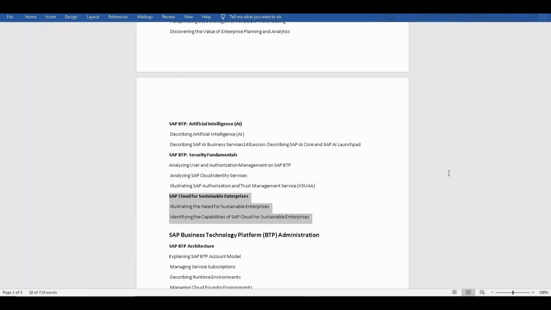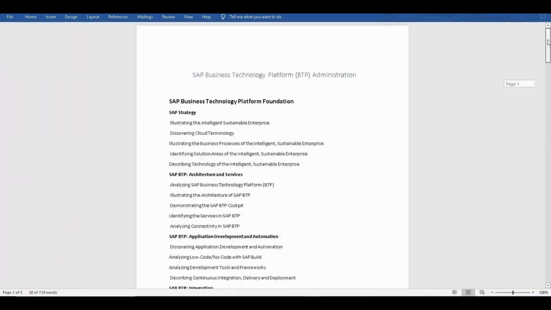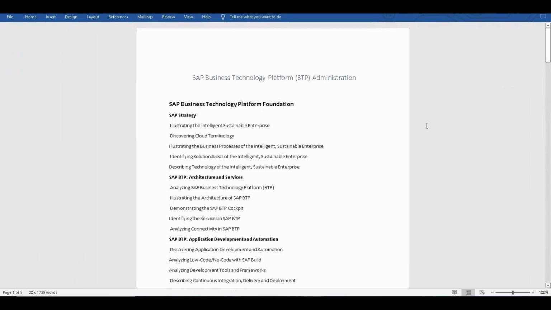SAP is providing so many tools and facilities there, and that is so important going forward, because in the future, if you look at the solutions customers are going to use, they have a lot of responsibility towards society and the environment. That's going to be a mandatory thing. So SAP is working on that and trying to provide that kind of sustainable solution. We'll be looking at what kind of provisions SAP is giving for providing sustainable solutions. So now, to begin with,